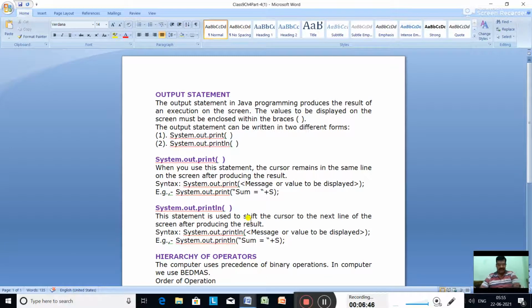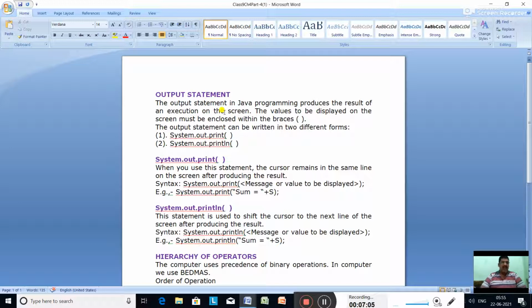Now, output statement. What is an output statement? The output statement in Java programming produces the result of an execution on the screen. After executing the program, whatever result comes, it is printed by using the output statement.